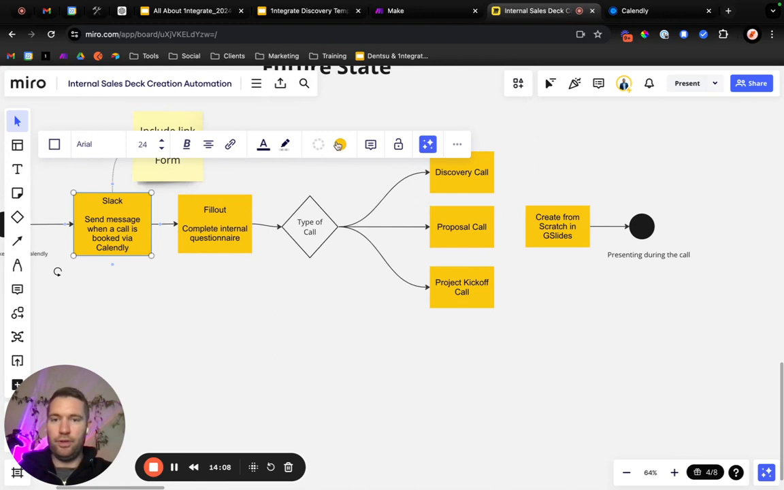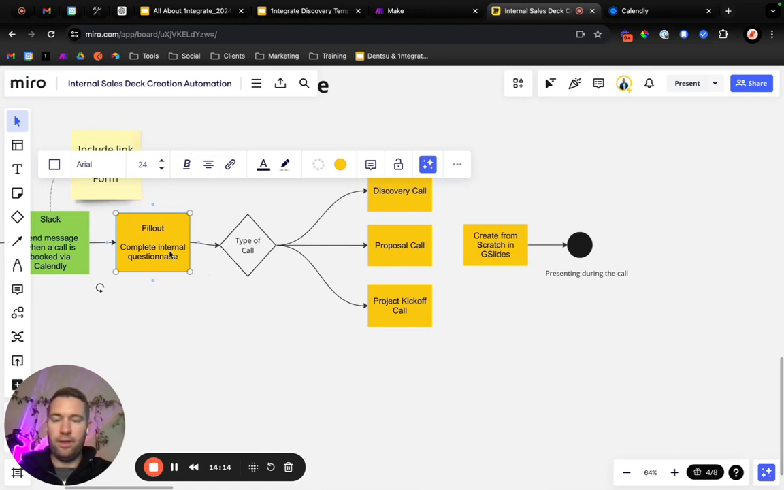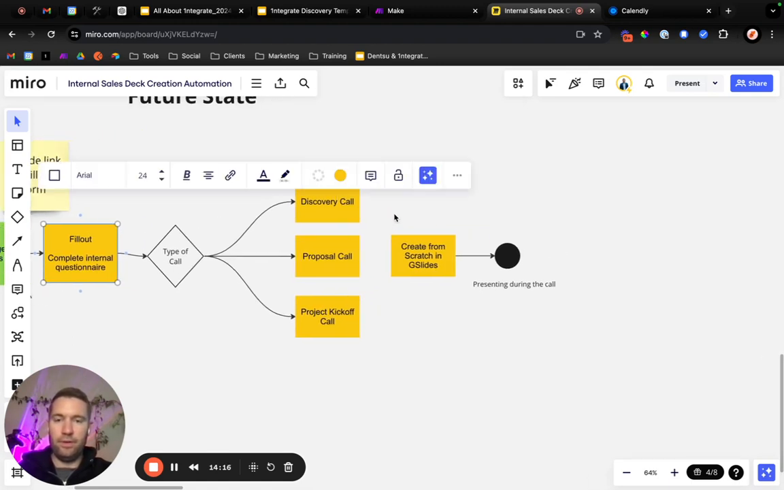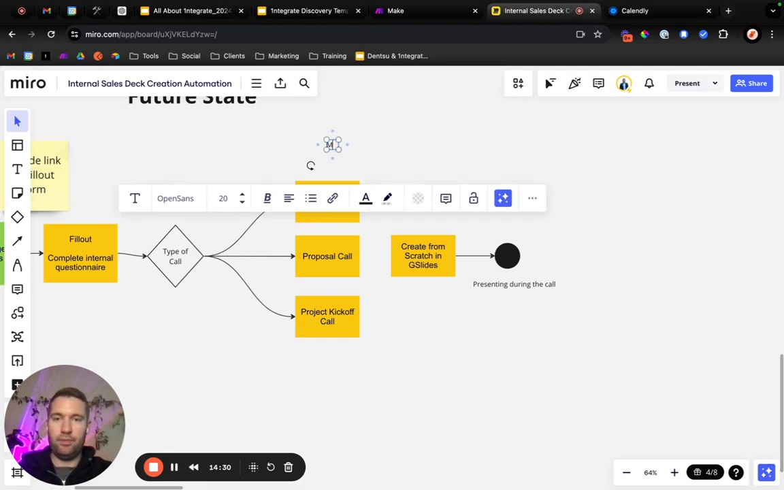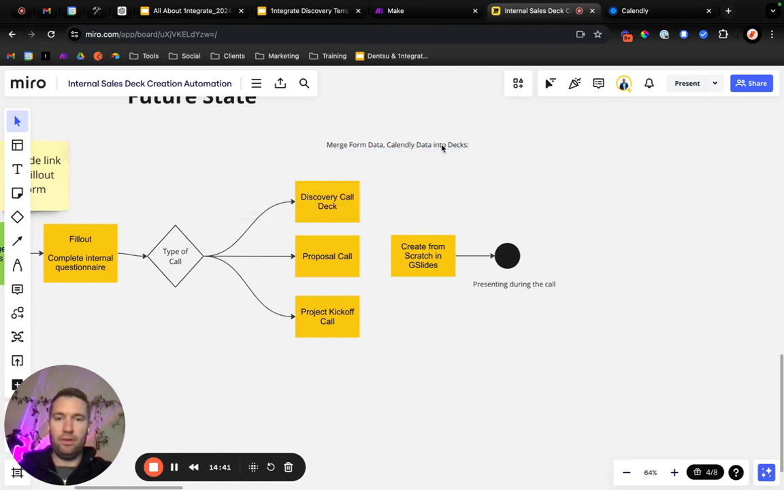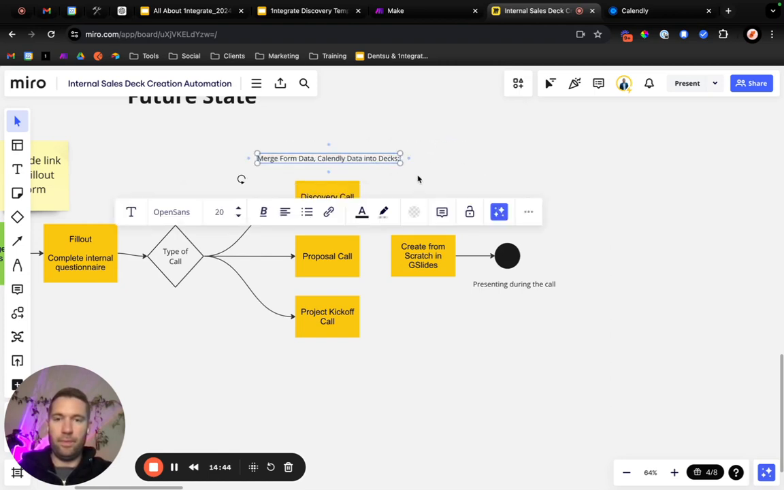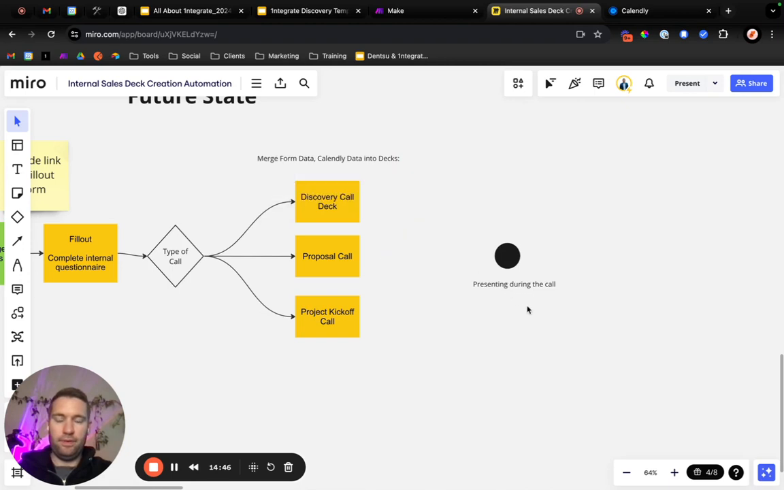I like to change it to green when something's going to be automated. And then based on the question, it will, so this is going to be, let's just put a text box like merge form data, Calendly data into decks. So, yep, which means,